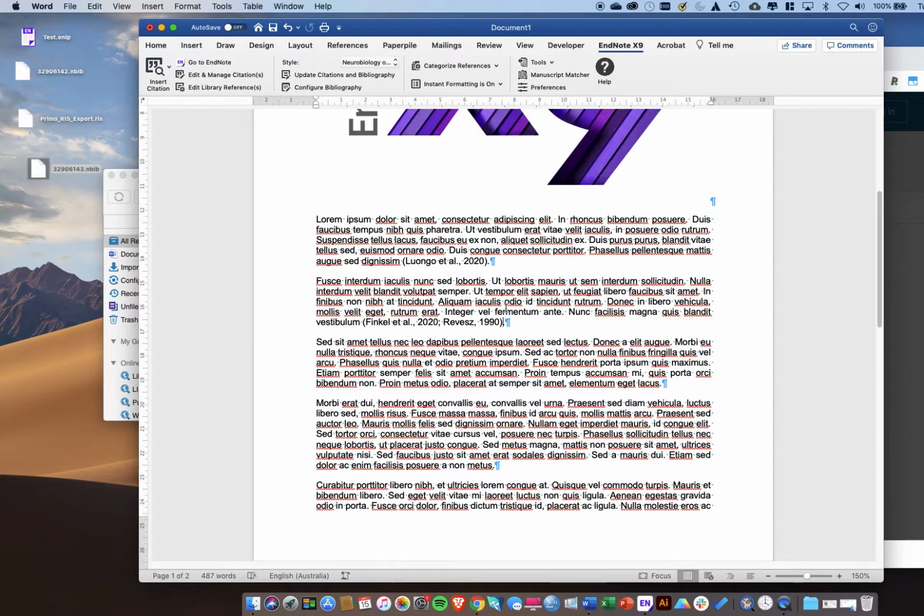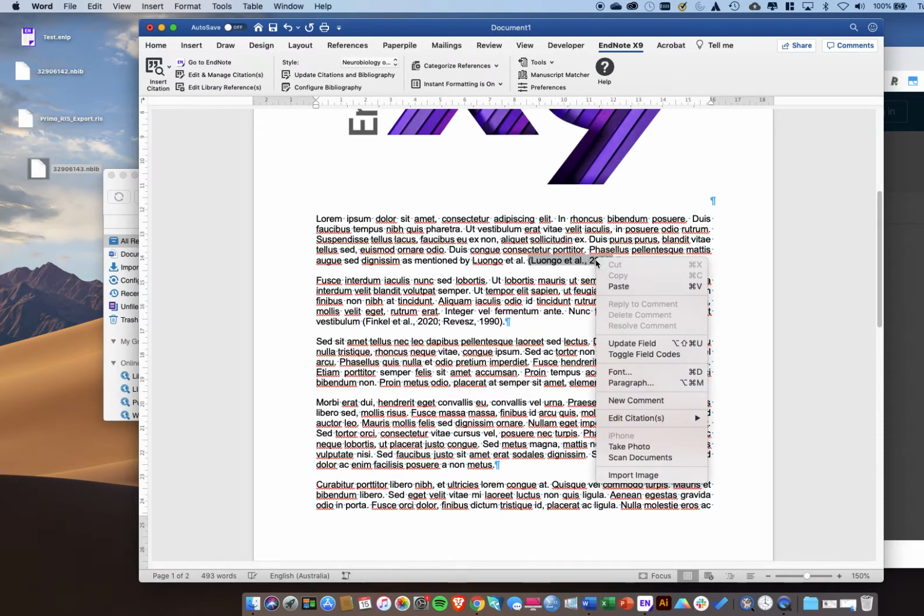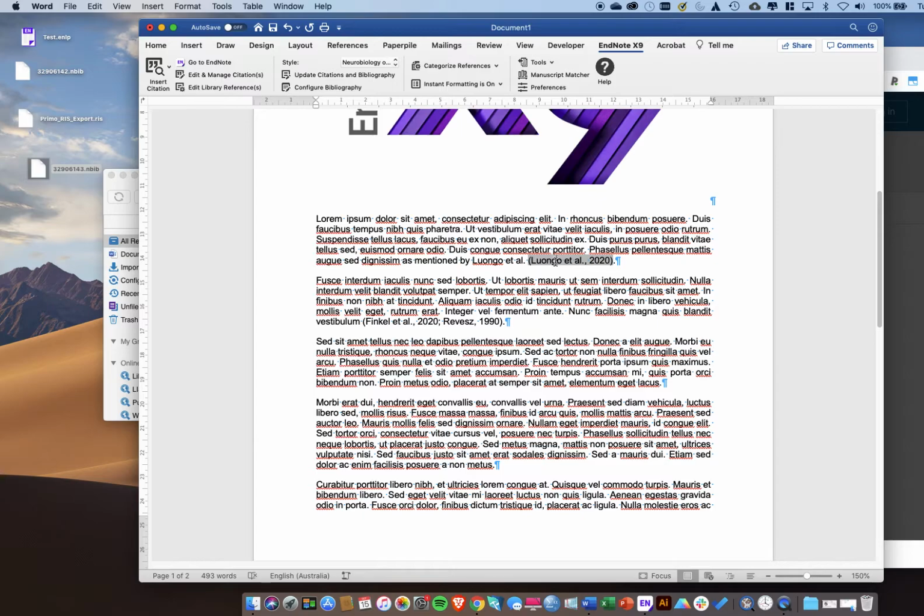The second thing that is quite common is, let's just say you actually use the author's name in the sentence, and you just want to have the year instead of having the full reference there, because you don't want to say "as mentioned by Luongo et al." and then have Luongo et al. 2020. So the way to do that is to click on the reference so that it highlights,